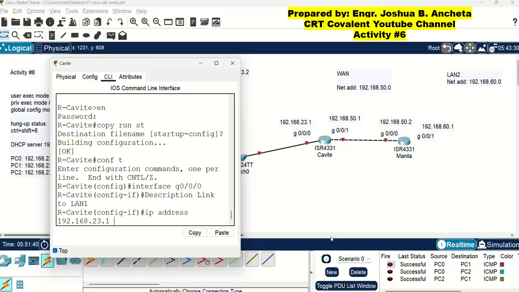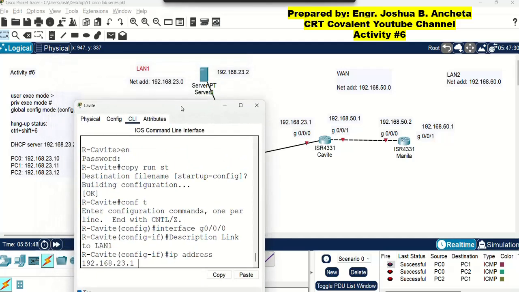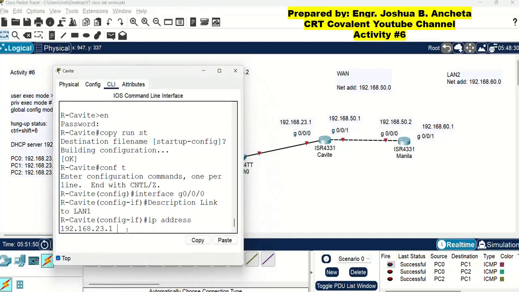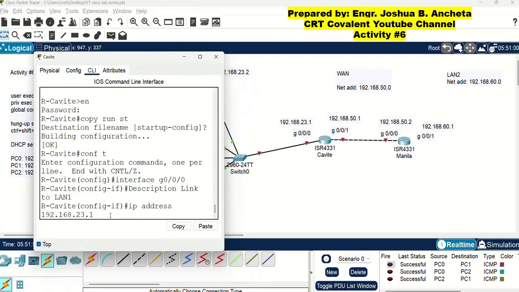So you have to set the subnet mask for this IP address. And since this is just a class C address, we can just put 255.255.255.0 and press enter.